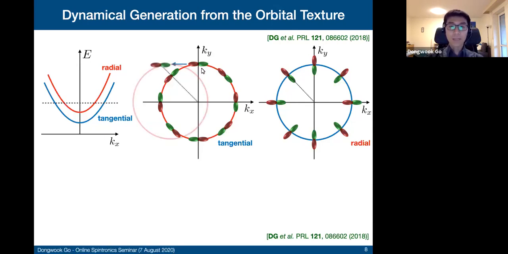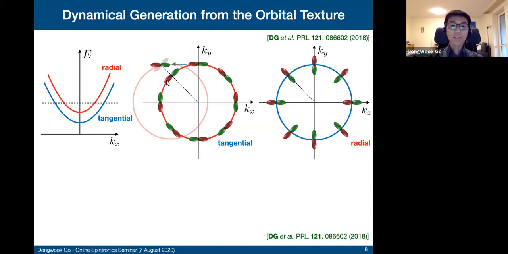So if you apply an electric field or current, this will shift the Fermi sea like this. And let's have a look at this orbital. So we shifted the orbital here, but the orbital here doesn't want to stay in this shape anymore. Instead, it wants to be in a tangential shape at this shifted k point. Because once we shift the k point, the way the wave function interacts with the lattice becomes different. Therefore, the orbital will experience a kind of precession along the